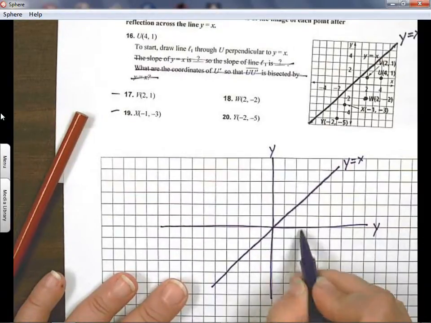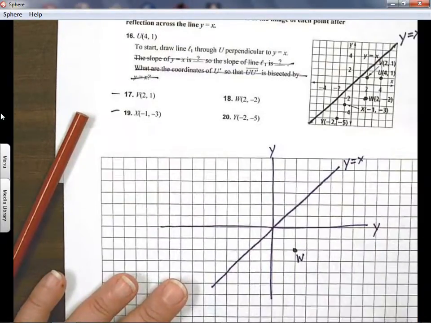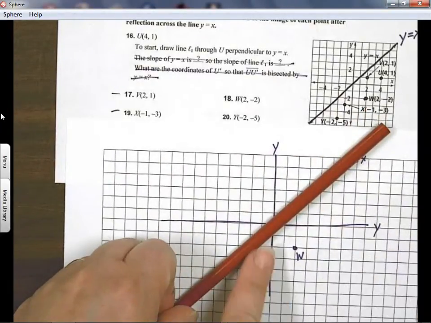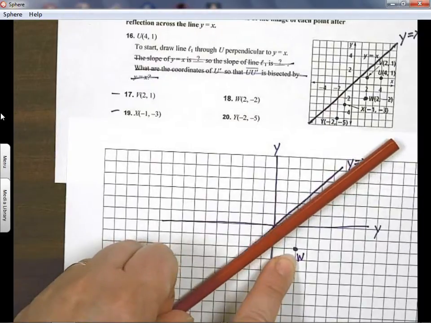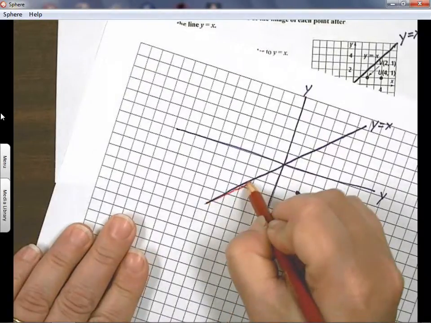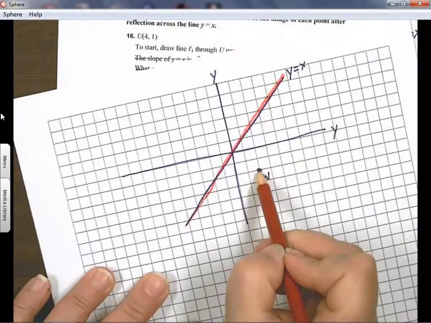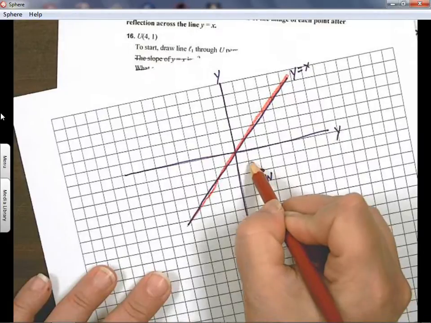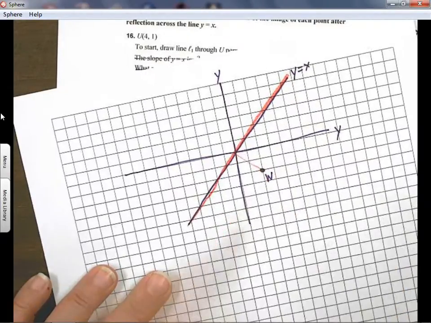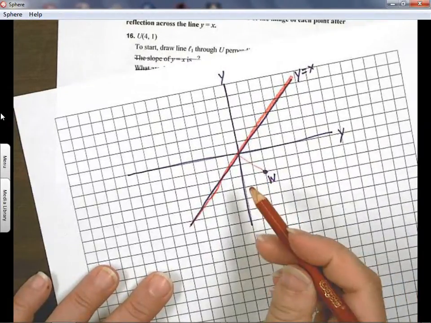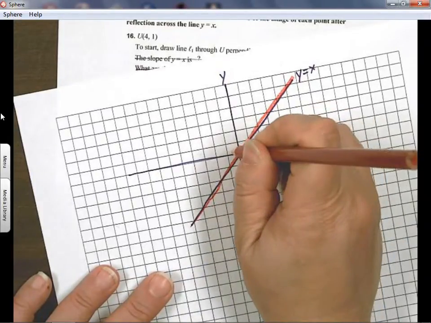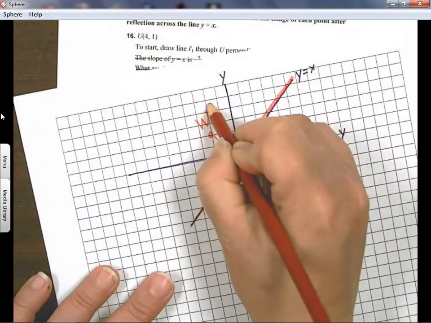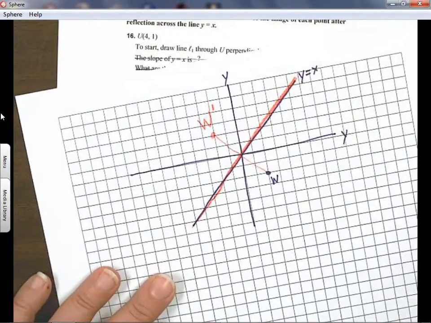And W is 2, negative 2. So this is my W. They want me to reflect it across this line. So how far is W from that line? Now, some of you struggled with this because you said, but Mrs. Stickler, it's not straight. Well, I know. But if I go across that center and across that center, I want to make it exactly the same on the other side. So I'm going to go across, across, and right here has to be my W of my image. I hope that makes